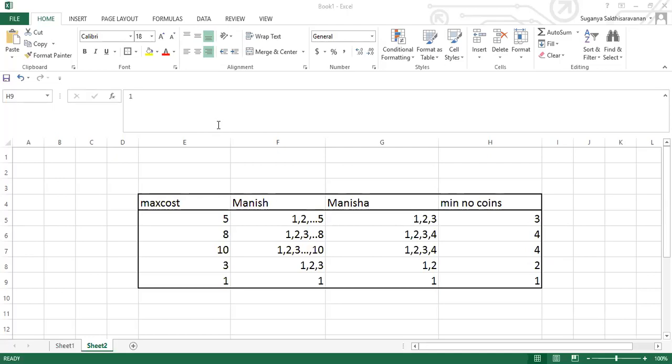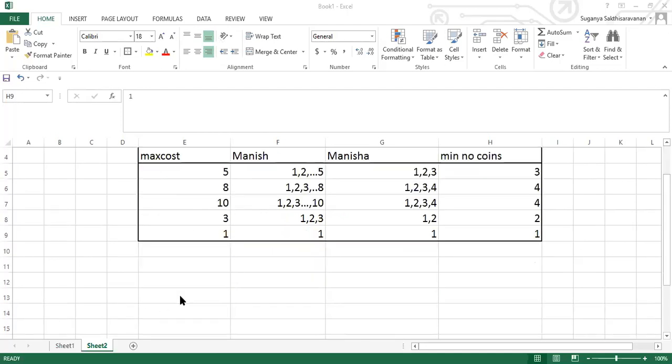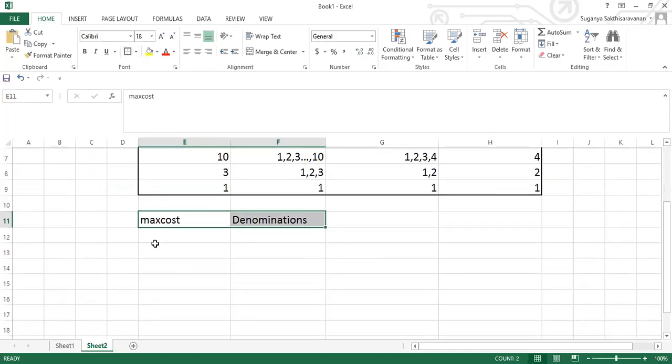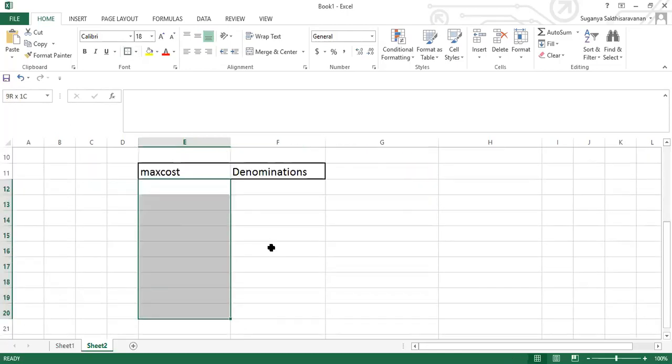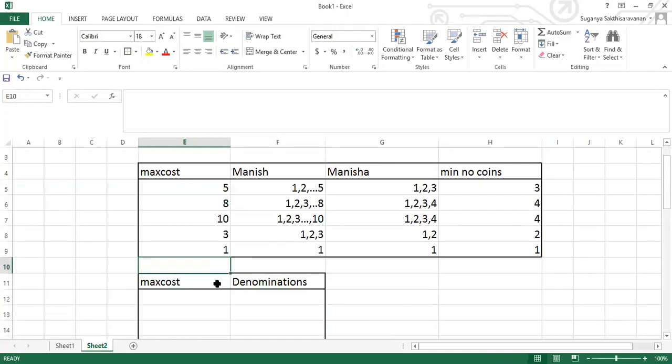Okay, listen, I'll help you out on how to crack this one, guys. Normally, wherever you're referring or searching, they'll say it's a power of 2, right? The number can be represented as a power of 2. You should know how that is derived. So listen here, I'll take a small chart: what is the maximum cost, and what is the denomination? Denomination means the set of coin values. In the forthcoming sessions, we'll see this term most commonly. I'll show you some logical sequences there. Just a minute.